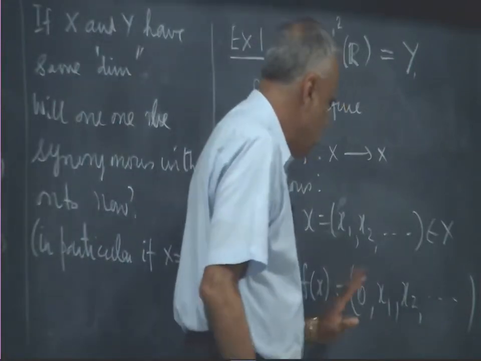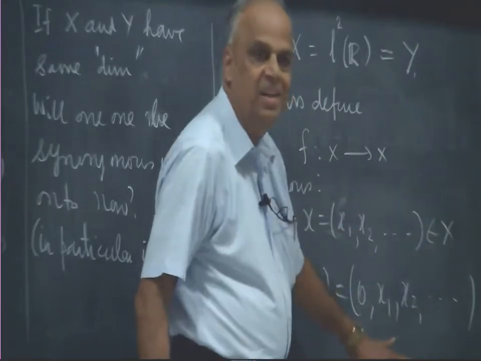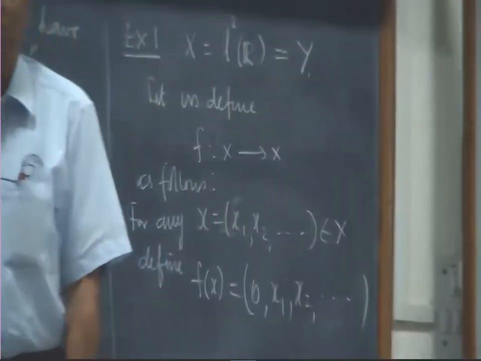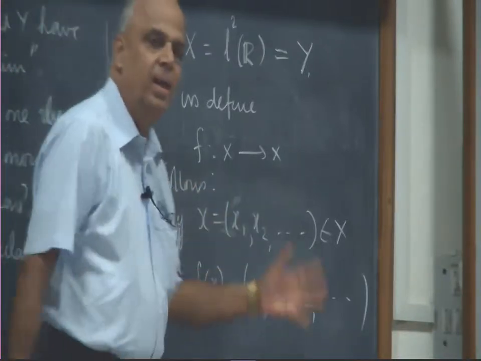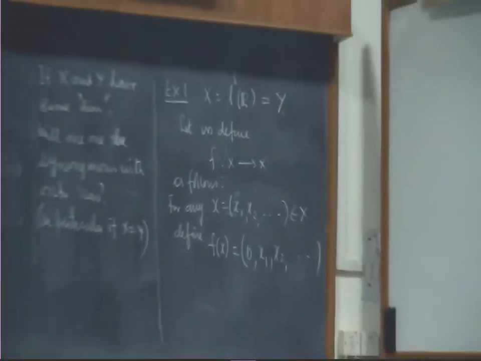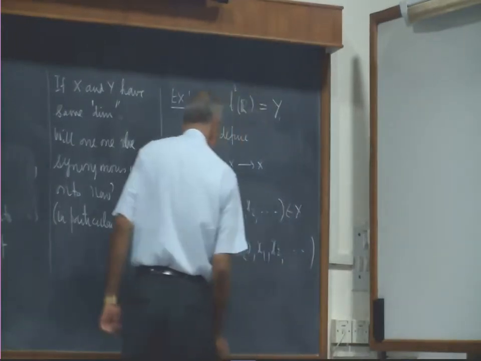Now make sure that this is also in X. For that we must make sure that the sum of the squares is finite. But what is the sum of the squares? It is the same as the original one. The original one was finite, so we have not altered the energy or whatever you want to call it. It's a code, like the Fourier transform. The Fourier transform is a code, but it doesn't change the energy if you adjust the constants properly.